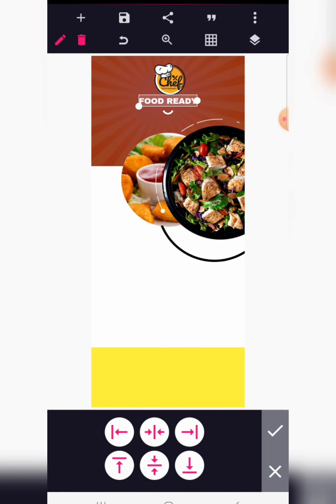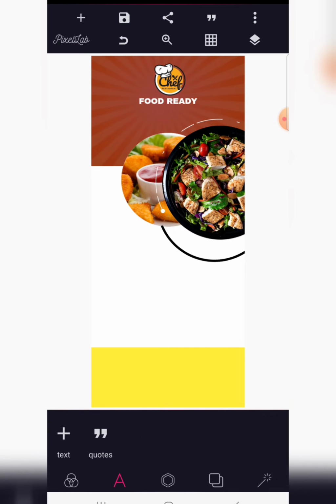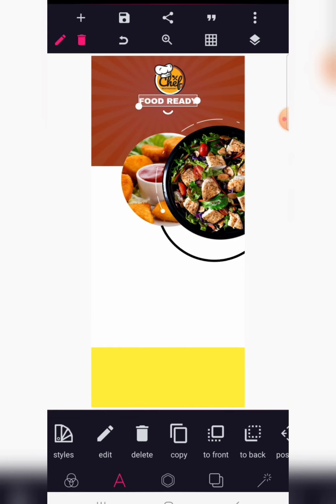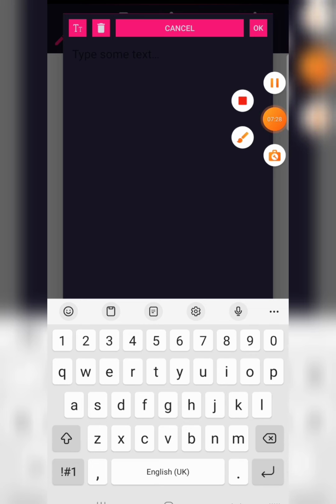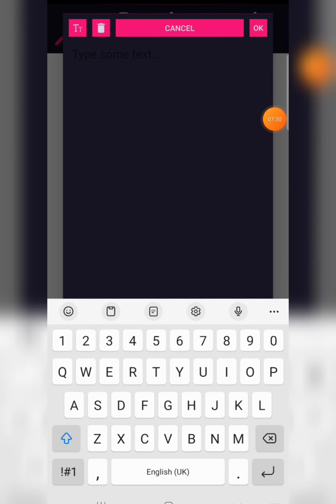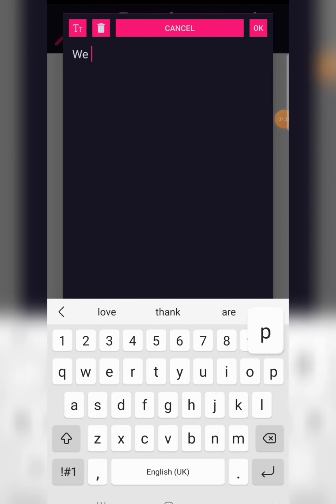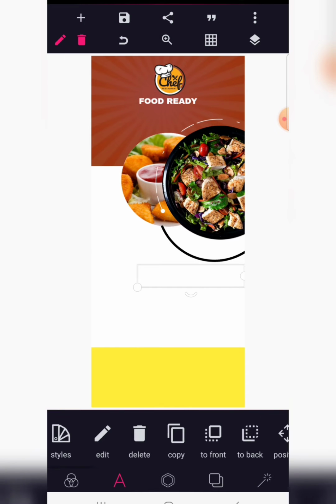Use lazy position right now to make sure this text is on the middle, and we're going to make a copy of the text. Then we write a new and completely different text. About that, we're going to write, we provide best food, and